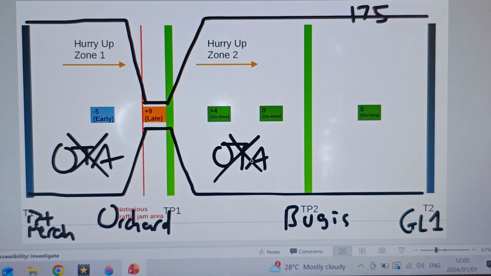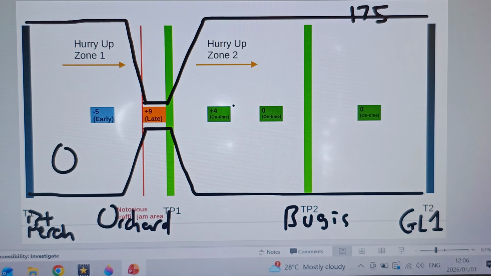meaning you selectively enforce on-time adherence for any particular bus service along different sectors of the route. So it's not like you have to impose OTA from the start of the route to the end of the route. That's only a thing for first and last bus, to be honest. But outside of that, you could choose to selectively enforce OTA. Some sectors you follow, some sectors you ignore, and based on this diagram that SGBuses has drawn for me, it says that you follow time here and you could ignore time here.